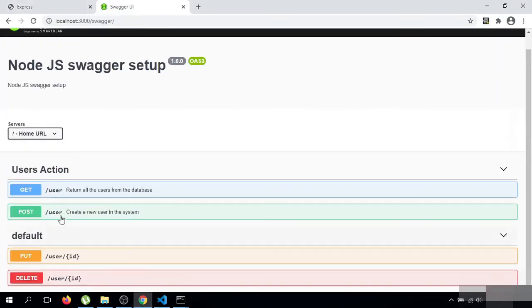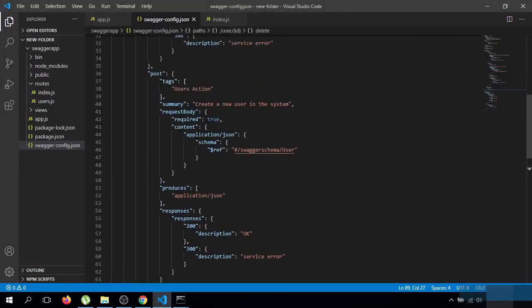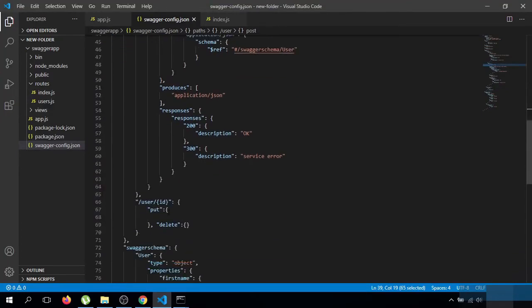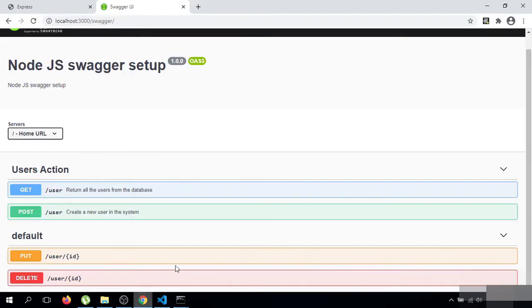Here you can see that we have 4 routes now. Add the same tag because all the APIs are related to user.